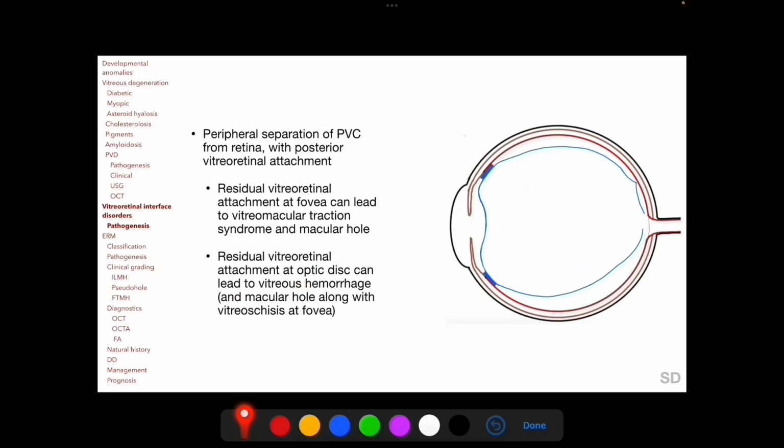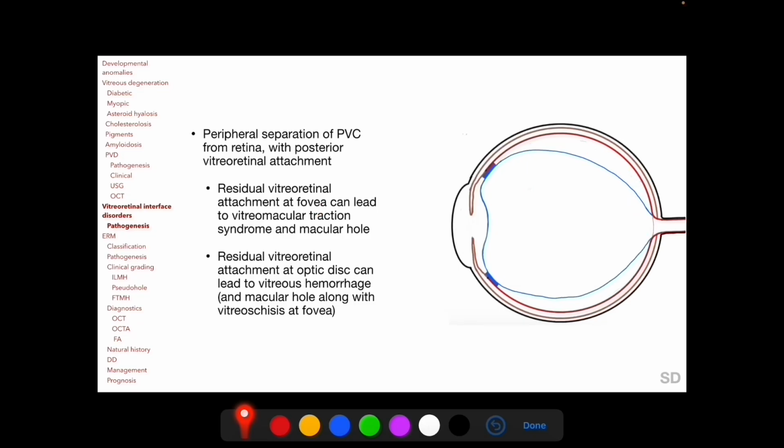On the other hand, peripheral separation of posterior vitreous cortex from the retina with persistent posterior vitreoretinal attachment can occur at the fovea, leading to vitreomacular traction syndrome and macular hole, or at the optic disc, which can lead to vitreous hemorrhage from optic disc neovascularization or macular hole, along with vitreoschisis at the fovea, which we will be discussing